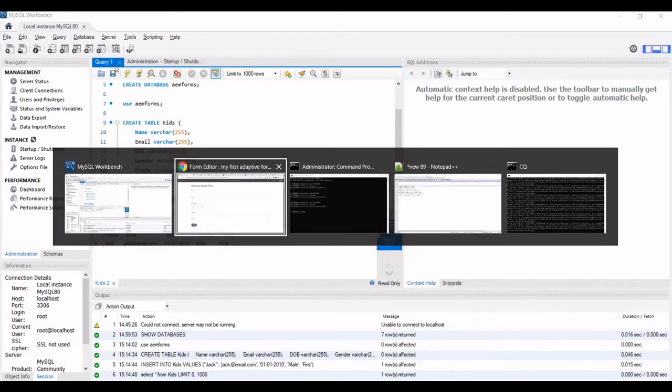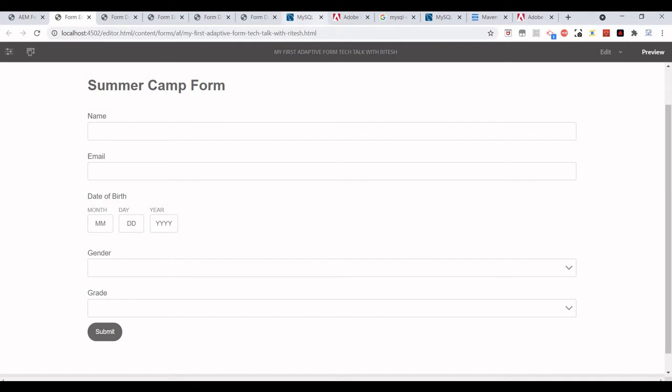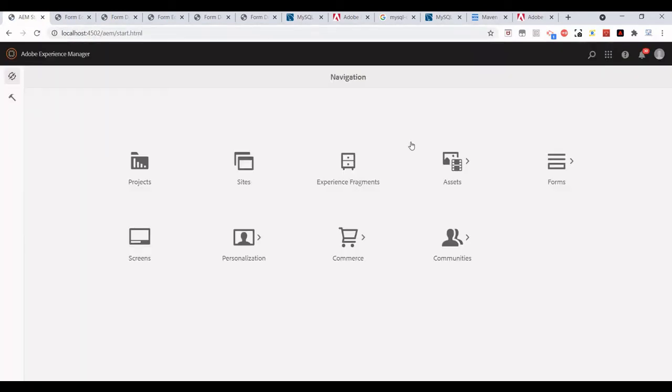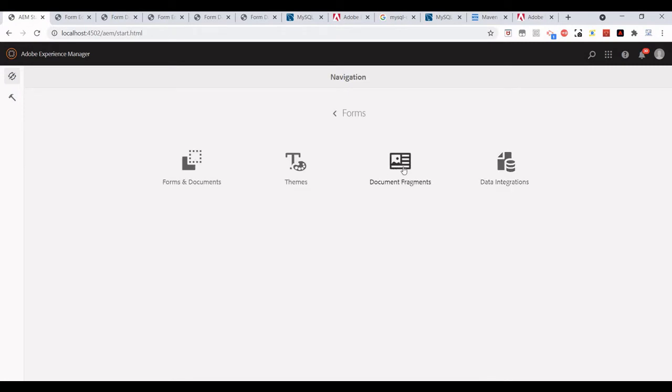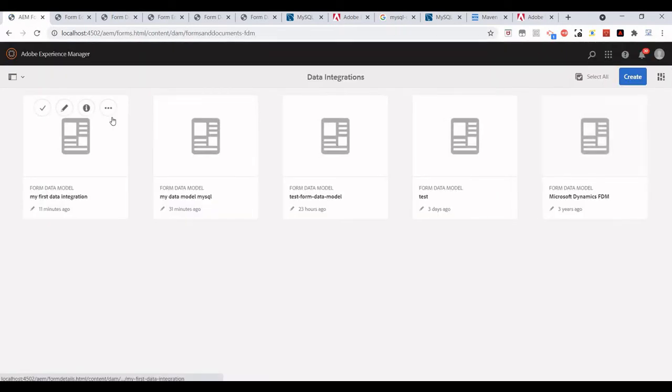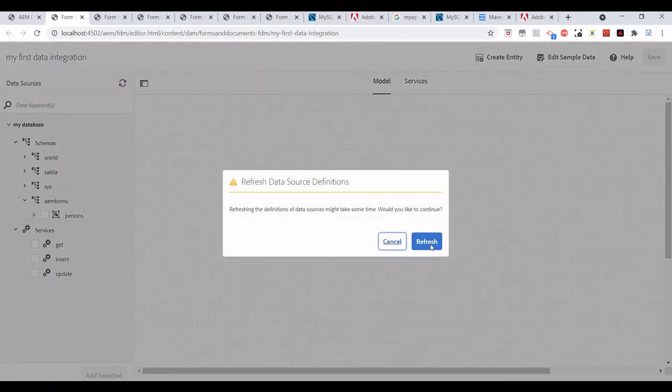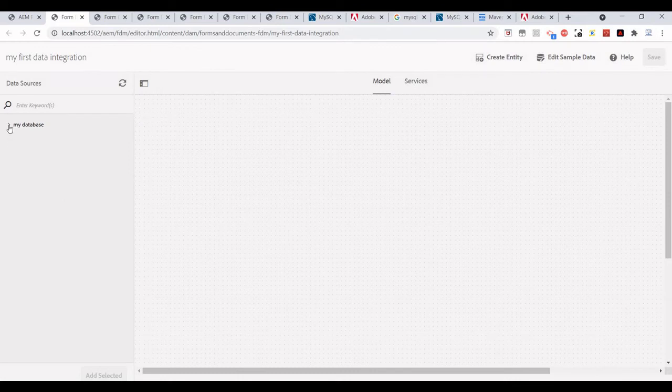Since we have already created our data source configuration in the last video, if we go to our data integration and open it, this is our database and this is the schema. Yes, the newly created table is reflecting here.